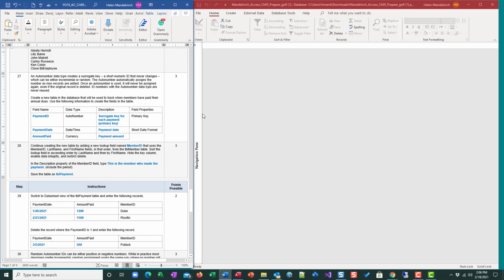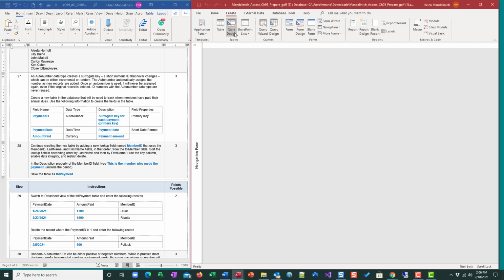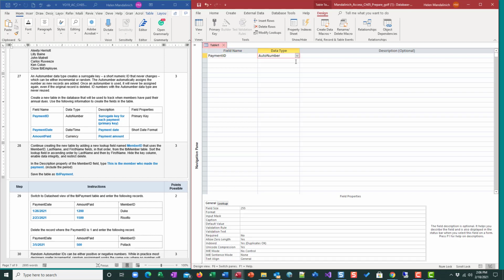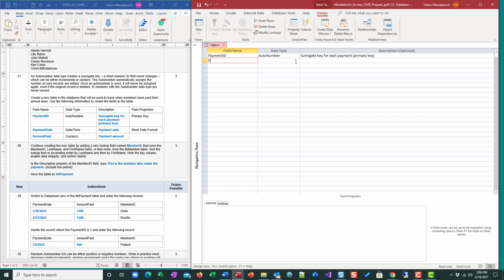Okay, so we're going to create a new table this time that will be used to track when members have paid their annual dues. We're going to add the following information to create the table. So create table in design view, and we're just going to put payment ID, tab, auto number, tab, surrogate key for each payment, primary key, tab, payment